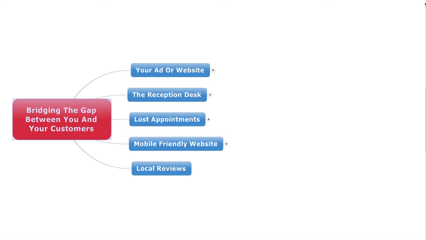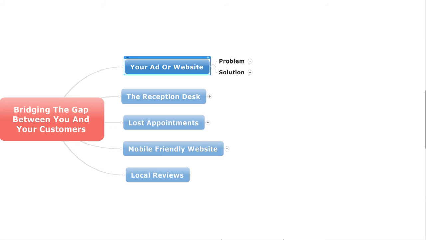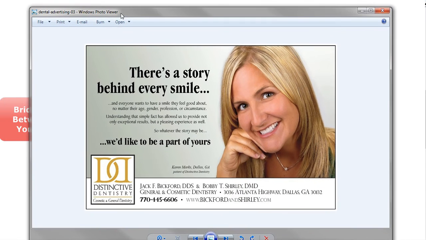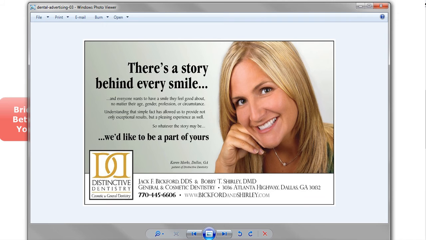So, let's look at the traditional way professionals have marketed their business. There's been a couple problems. And the first problem is that the marketing media that is traditionally used is not interactive. And so I'm going to give you two examples. The first example is a traditional ad or postcard or mailer that's sent out to solicit and attract new patients